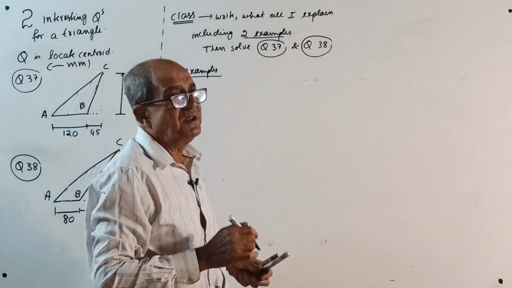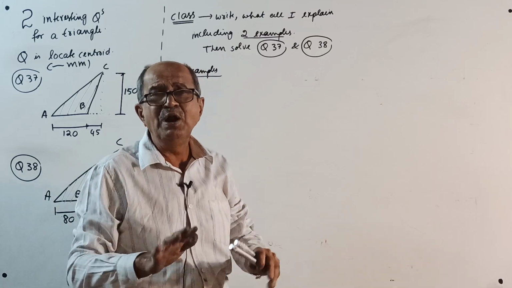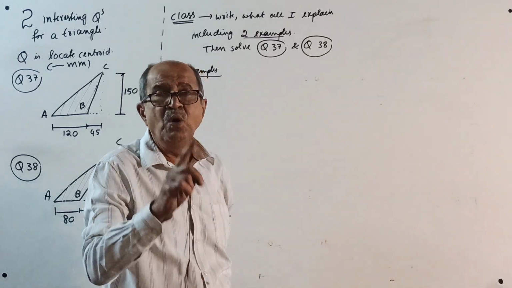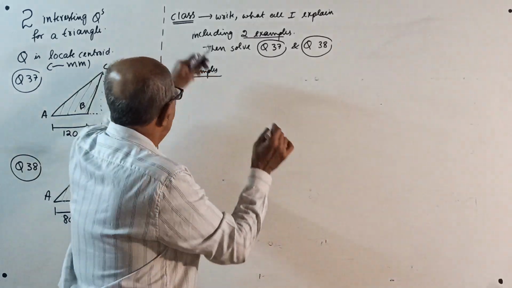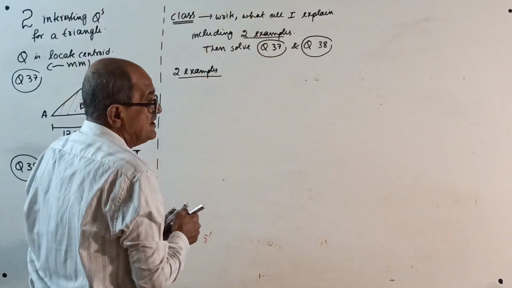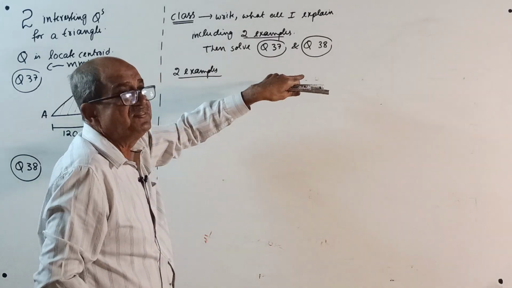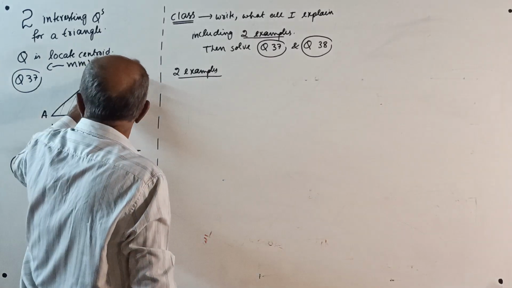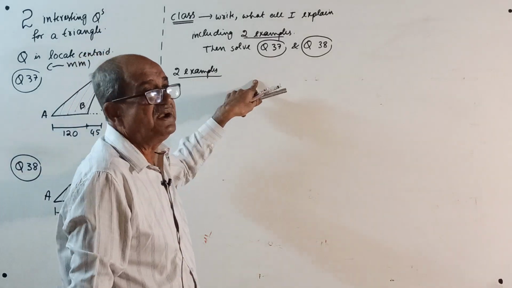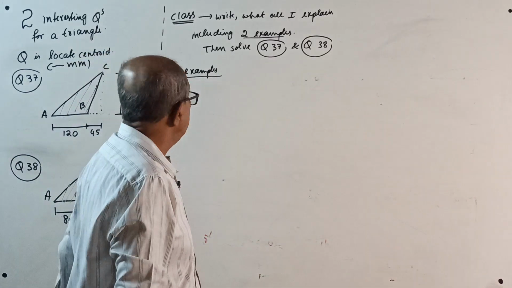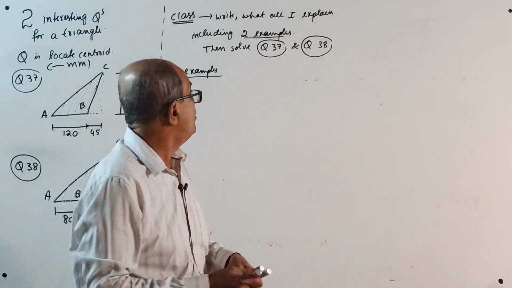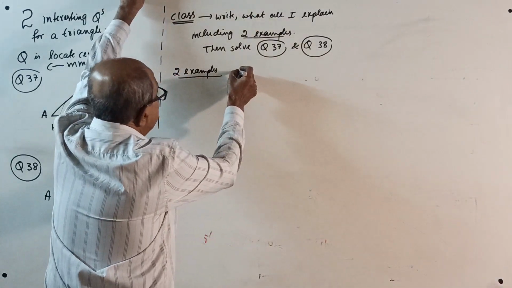Some will say, sir, you are playing. I am not playing. This is how you have to study. Once, I first thought I would make question number 37, 38, 39, 40, but I should not make 37, 38 because it's already over. So, two examples. First example,